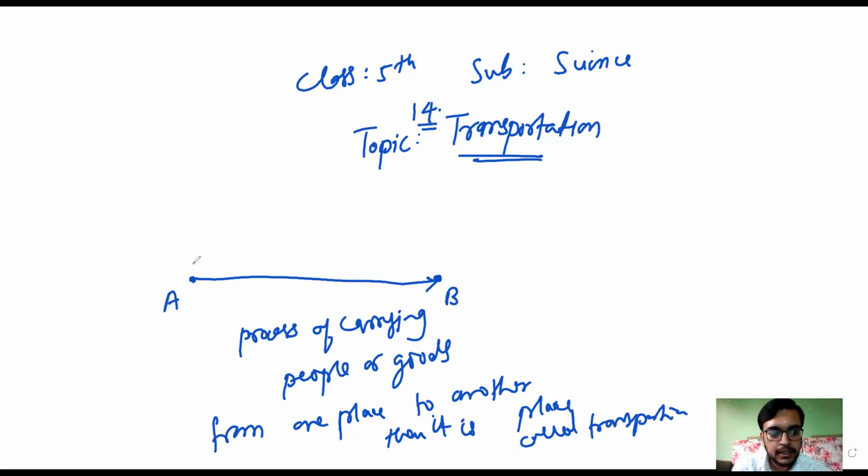Right? Consider this is Akola and this is Nagpur, right? Now when a person wants to go from Akola to Nagpur, he needs a transportation, right? And for sending parcel, we need a transportation, right? Now, what are the examples of transportation and how we do transport our parcels, right?